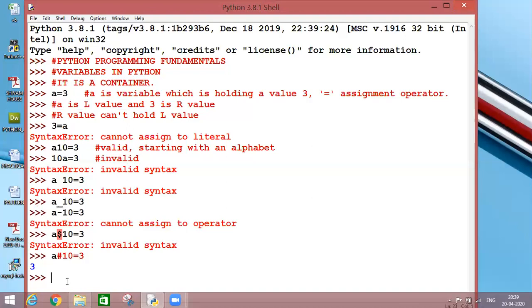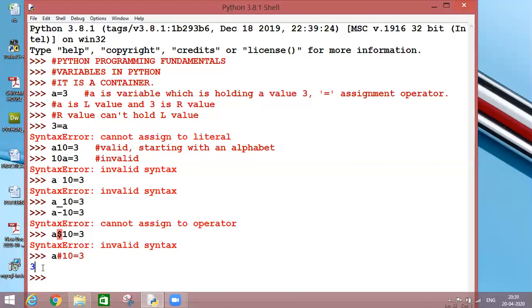Now you must be thinking that I have written over here a only. If I talk about this, #10 = 3 becomes my comment. Yes, but try to understand, students. I have written over here a, which is a variable name, and if you go up and see, I have already initialized it as a = 3.